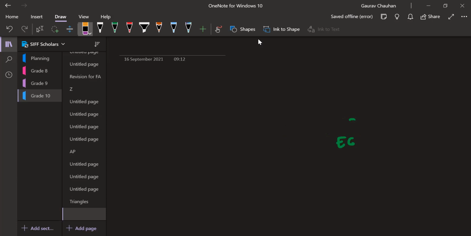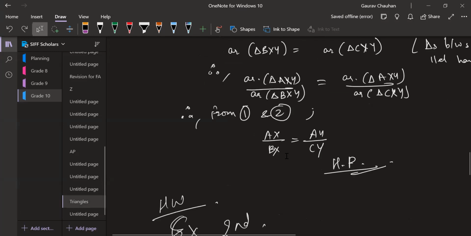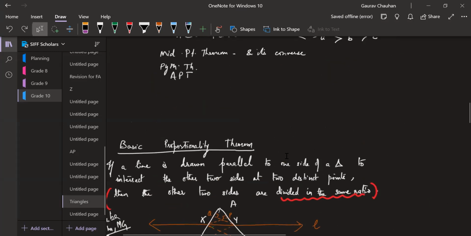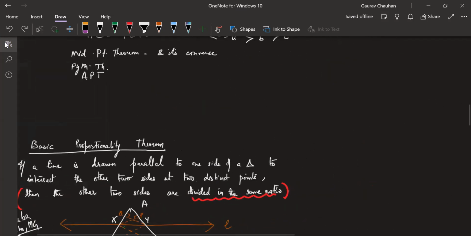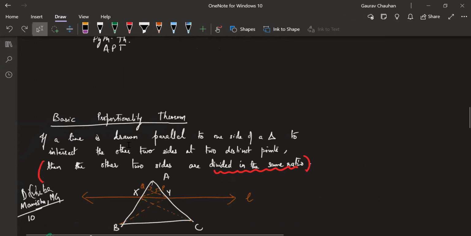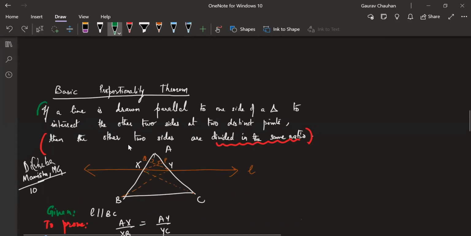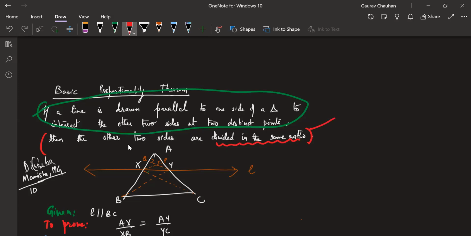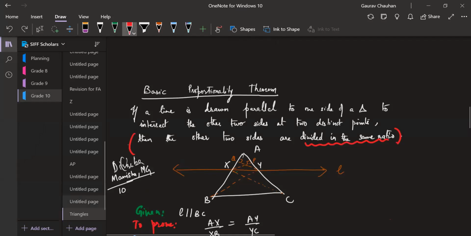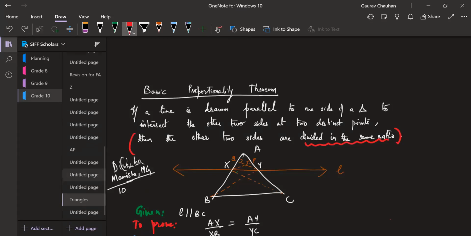What is given to us there, just to show you yesterday's theorem, look in your book. The given part, or the part which is assumed before finding the conclusion, is that the line is parallel to one side. That's the assumption. The conclusion part of the statement is that the other two sides are divided in the same ratio. Now we're going to the converse of this statement. We're going to turn this statement around.